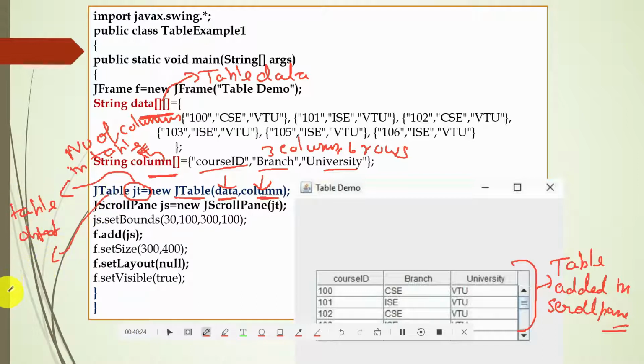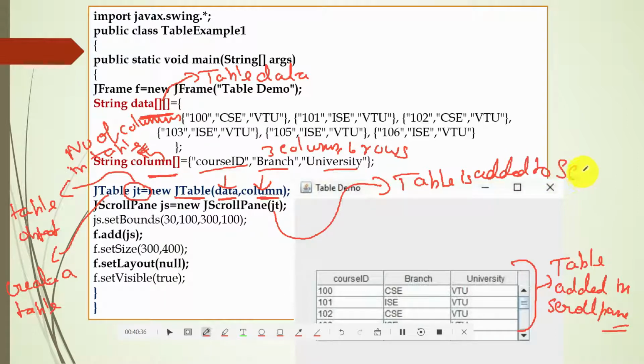JTable will create a table, and here the table is added to the scroll pane. So in this program we will get the concept of both table and scroll pane. And this is the location of the scroll pane.